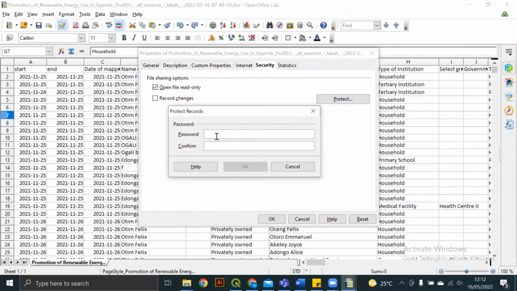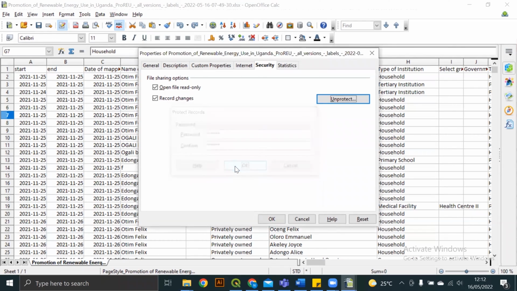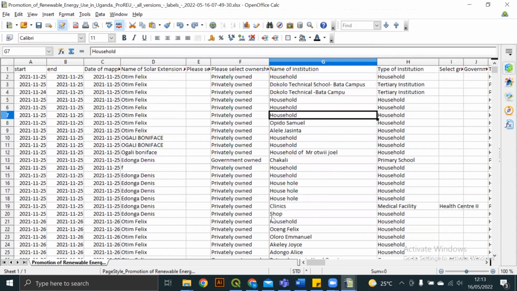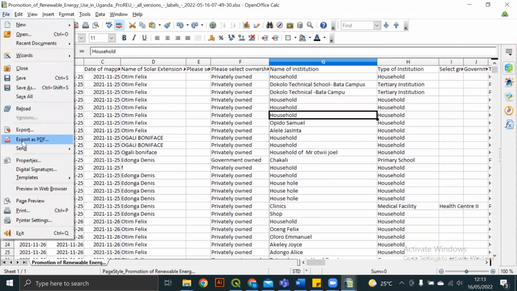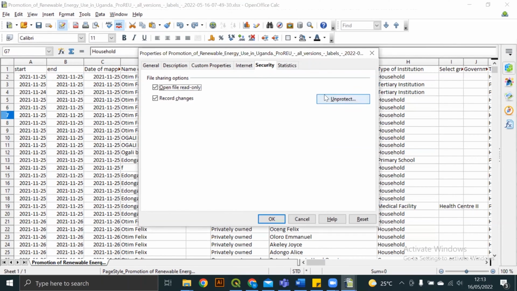Okay? It now asks you to put a password, and this password is what is going to make sure that your data is not changed unless the person has the password. Let me just add in a password. Of course, this is the same password I put here. Then I say OK. So when I click OK, alright, now let me just go back and check in properties. It says